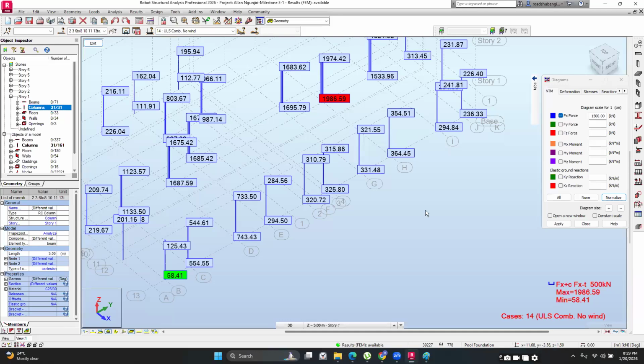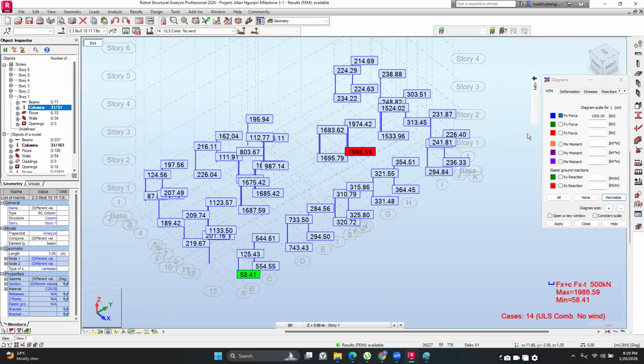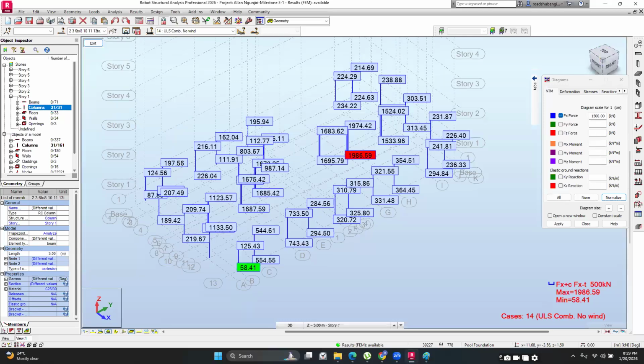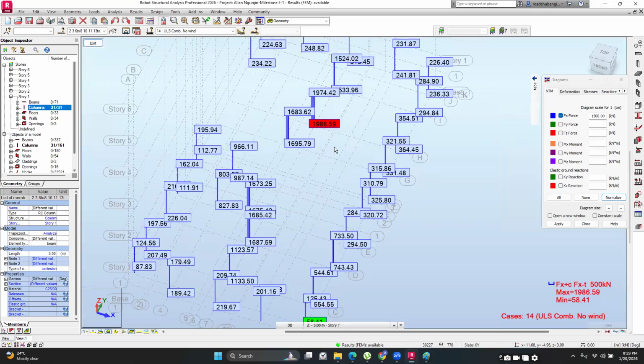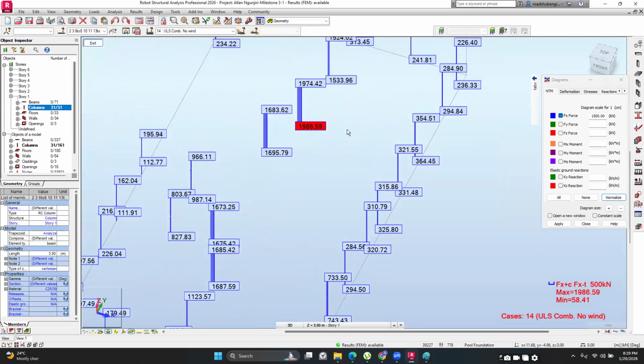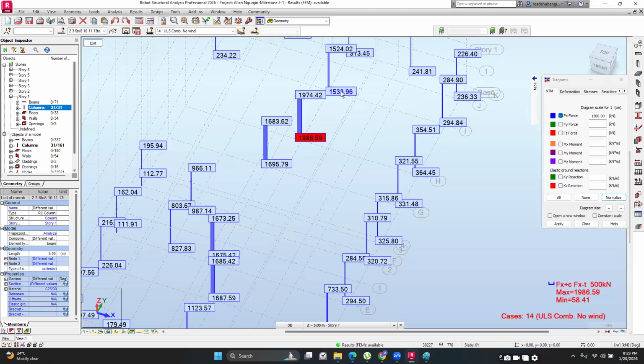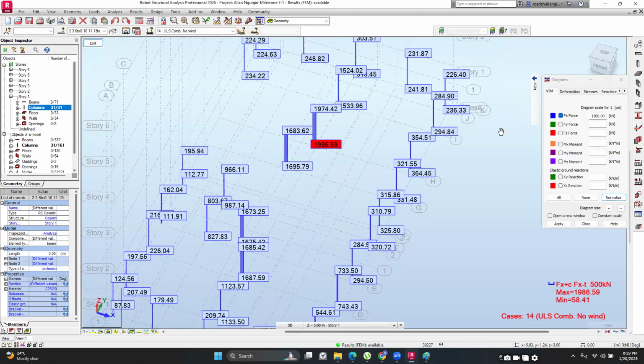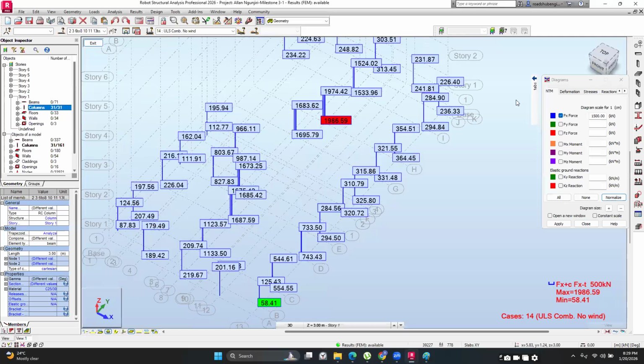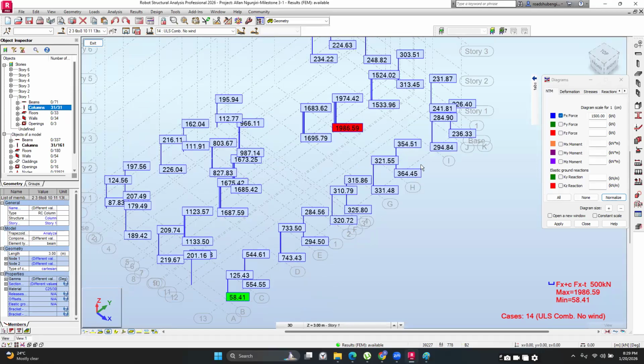So what we typically do is we decide which columns to design. We can say that for the columns that have, say, 1500 kilonewtons and above, we are going to design them using these columns. And then say the columns on this outer edge, we are going to go with the